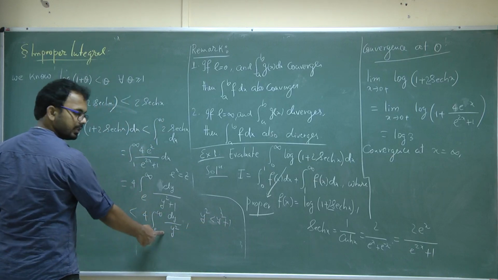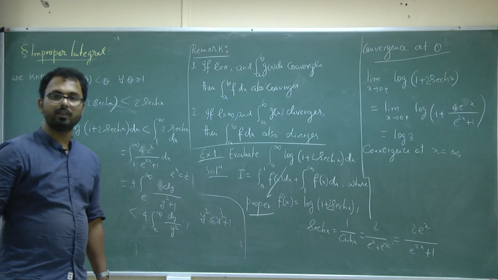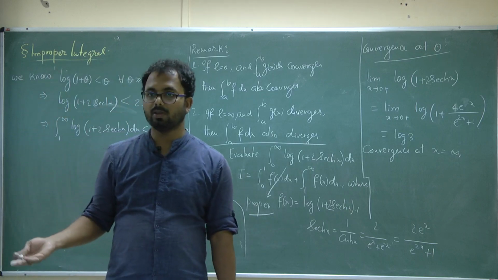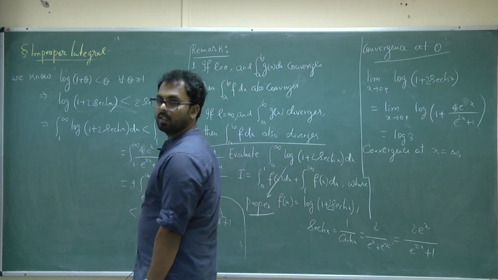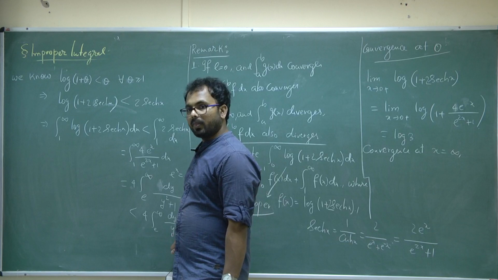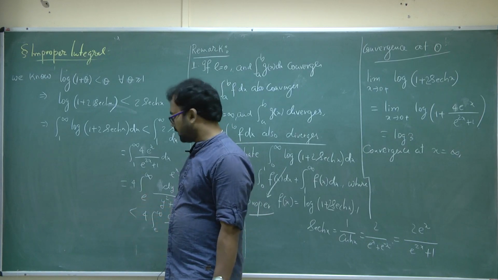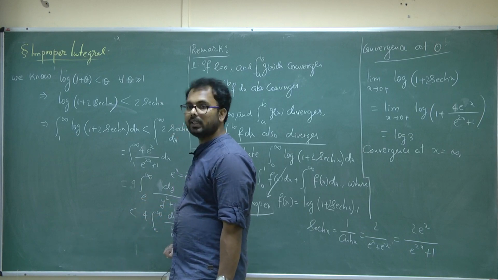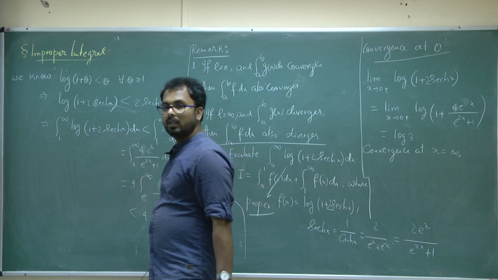Now this is always convergent because this will be minus 1 by y, and when y tends to infinity, that limit is finite because y going towards infinity means 1 by y will go towards 0. So this is always convergent. Well, it is an improper integral, but it will converge. So this is an improper integral which is convergent. So if I compare this one and this one, then basically